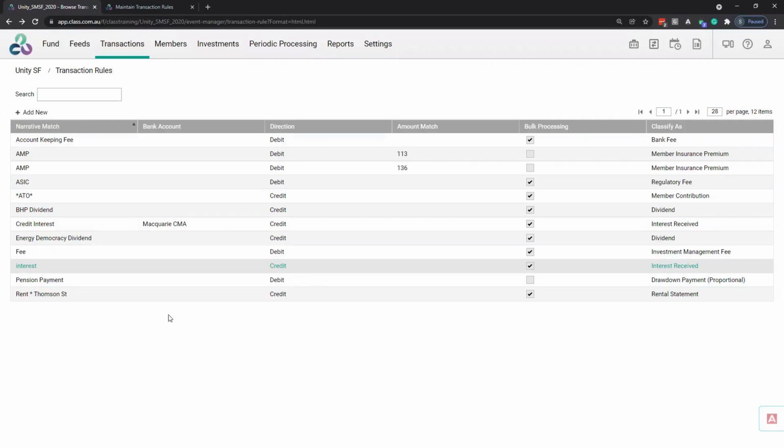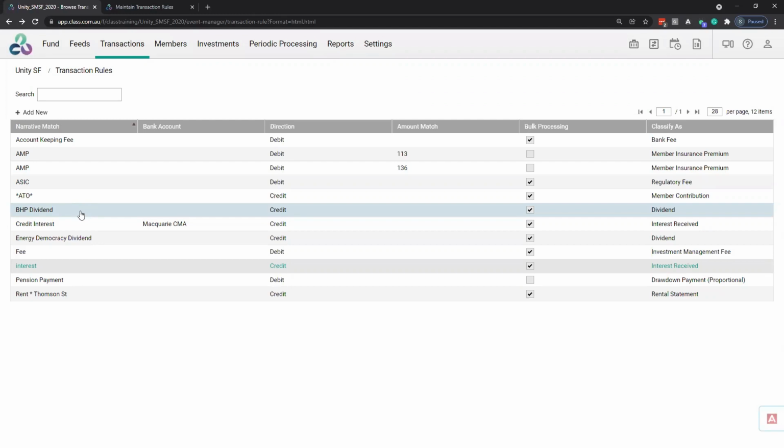There are a certain number of rules that you should avoid creating as a transaction rule. One example is dividend or distribution for listed securities. Now, the generate income function in Class will automatically create the income event for those. So we don't want to be creating a transaction rule for that because it will be less reliable.